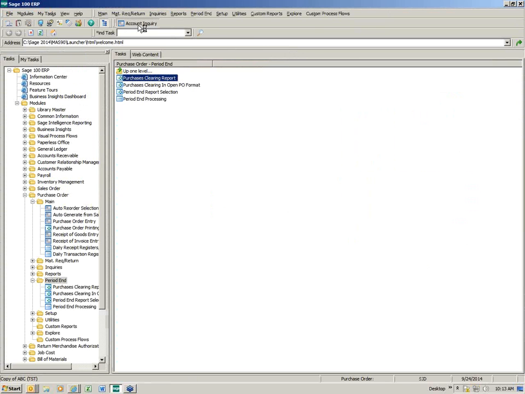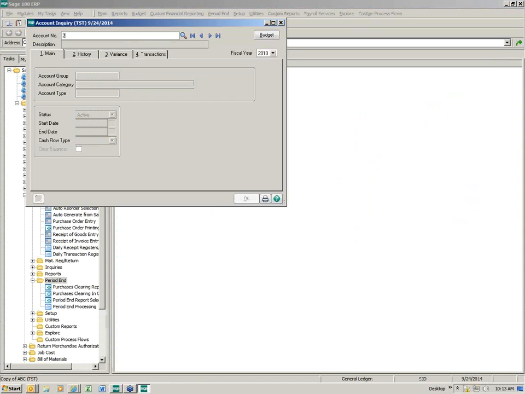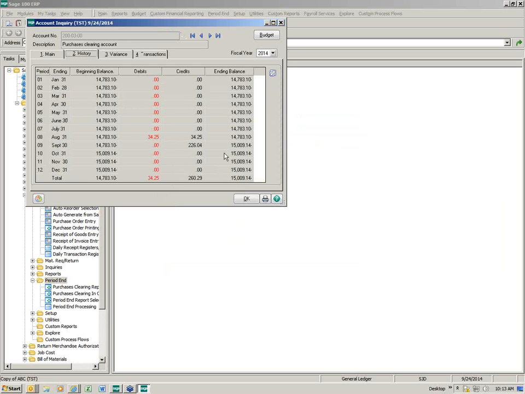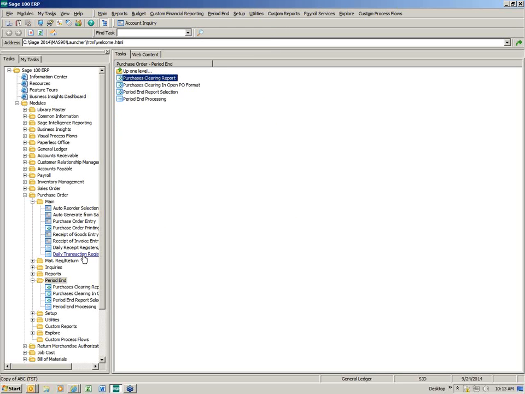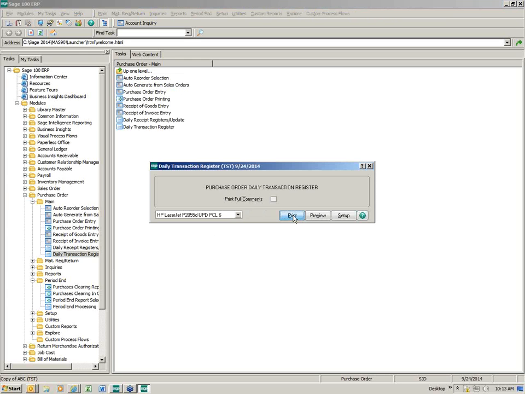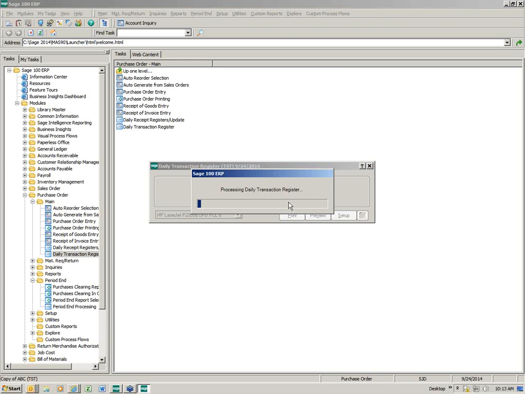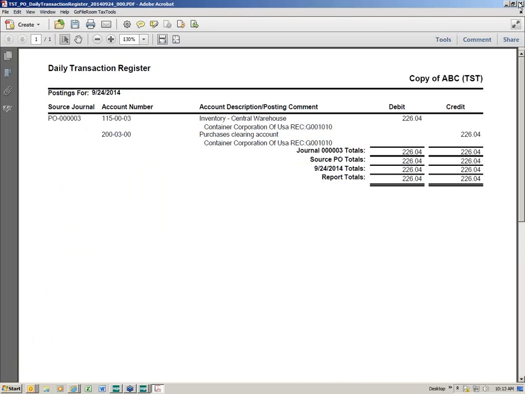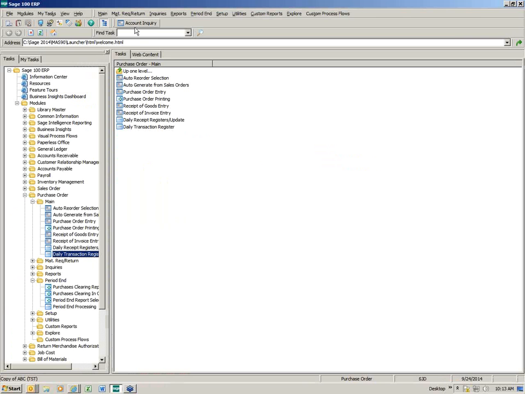So if I go back out to account inquiry and bring that account up, put myself into the right year, and my bad. Didn't show it. Why? Because I didn't post my daily transaction register. Okay, so keep that in mind. Since I didn't post the daily transaction register, it didn't hit the account. So let's go back, go ahead and post it, even though I was going to do it later, but it just kind of ruined the effect that I wanted to show you, so we're going to go ahead and post it. So I'm going to go ahead and go out of there, say yes,